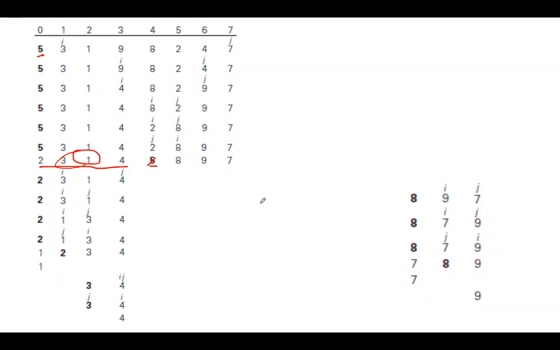You might think that finally everyone will see the sorted array and give you the marks. But you should be very careful: you have to write the steps. Swap, i equals i plus 1, j equals j minus 1. Algorithm-wise, you have to write it properly. If you want full marks, always try to solve these things in order. Each iteration you have to write down. The i value is here, next i will go here, next i will come to the third place. Each and every iteration you have to write, and then you have to solve. In the exam, you have to do it in that order itself.